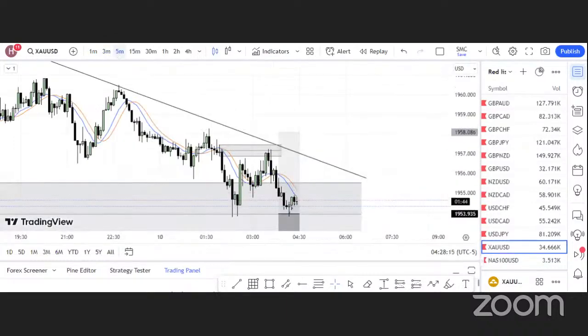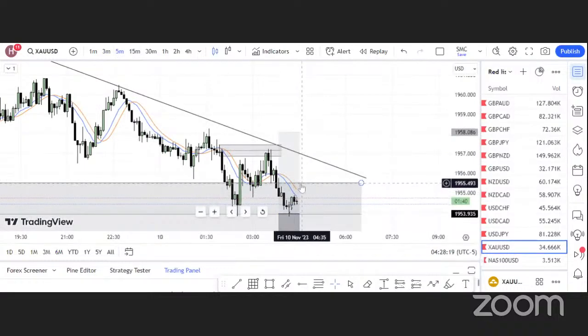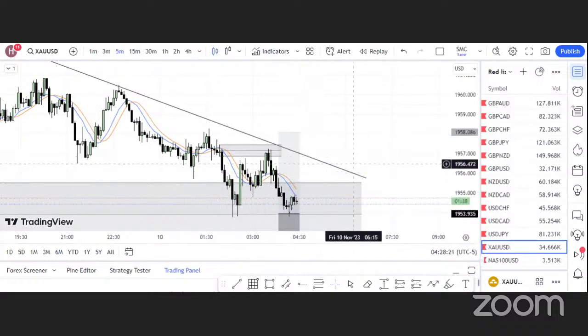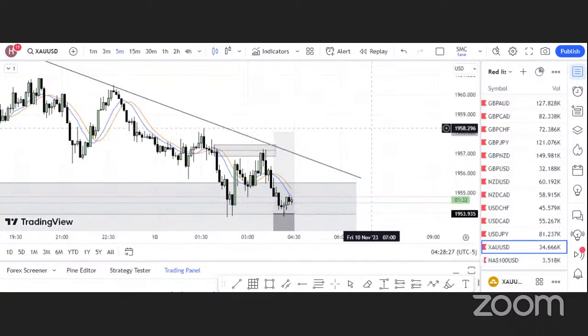I don't want us to close this trade because I see a good potential of this market going above this area. All right. But we're just going to give it some more time. So if it doesn't give us what we want, we don't have any choice than to close and look for another opportunity. Okay.